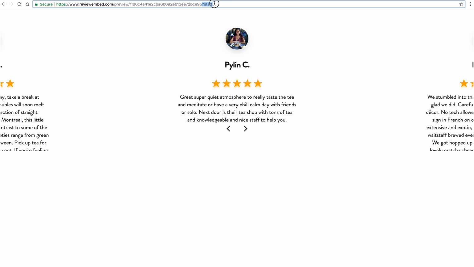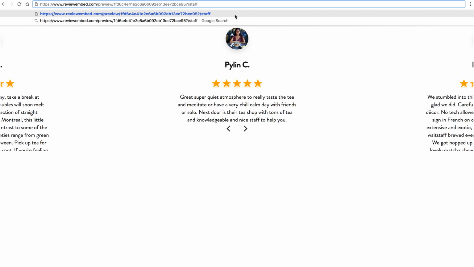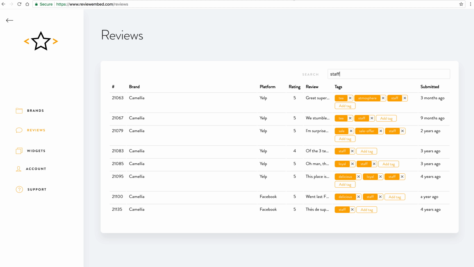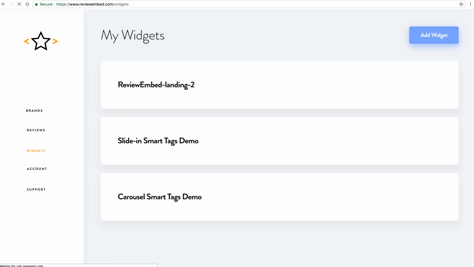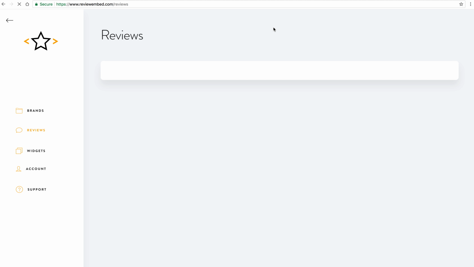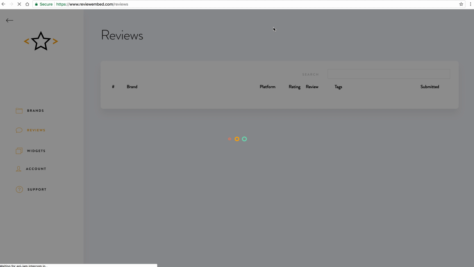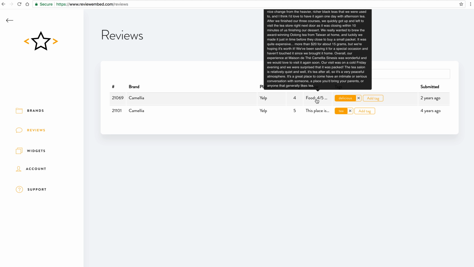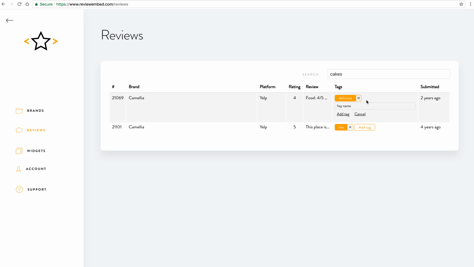If I want, I can add staff to it, or I could have a page which includes staff, right? Let's assume that I sold cakes and stuff like that. So I would probably want to make sure that any page that I have about cakes, like a page like /cakes, would show only reviews about cakes. So in this case, I could create tags, look for cakes. Oh, what do you know? They actually have cakes. So I could do something like cake